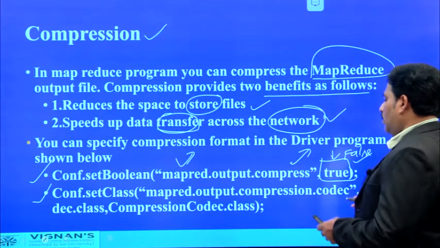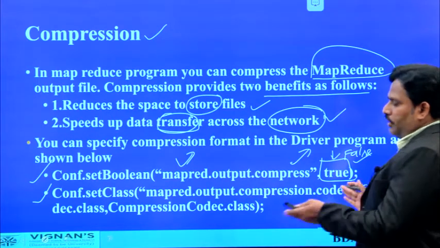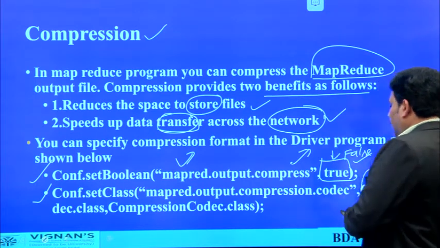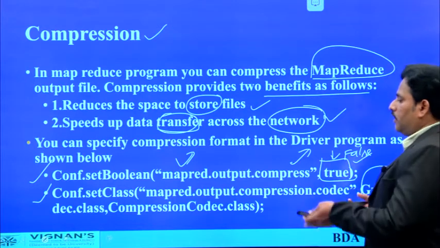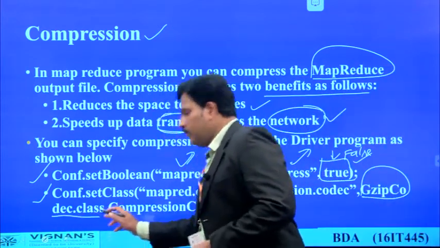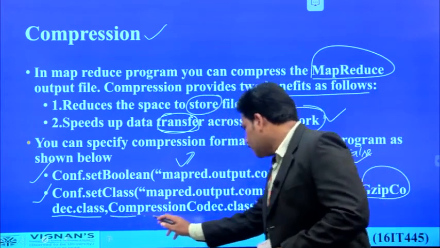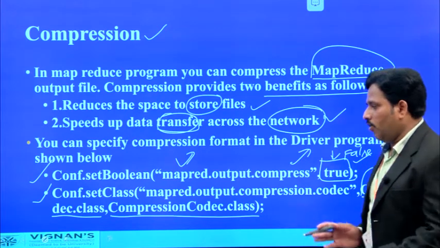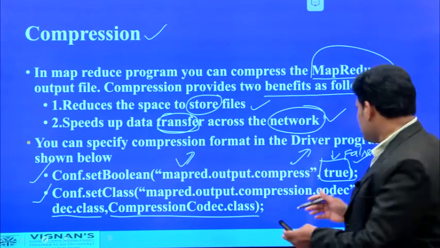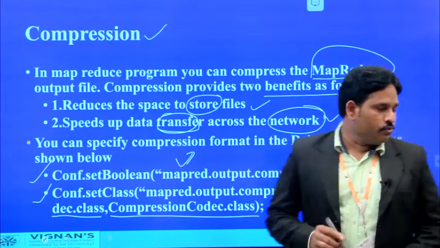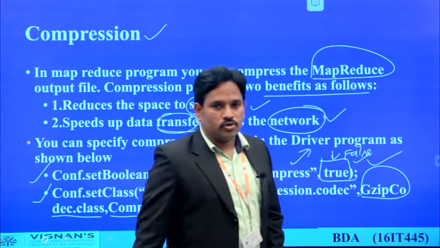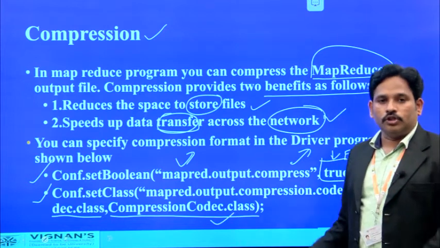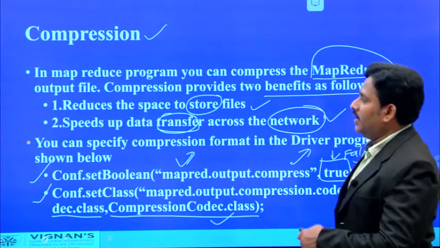That means from source to destination we have to give. That means from which location we are collecting the data, that is the output of MapReduce, where the file has been located, that class file, followed by, after completion of the compression, where the data is going to be stored. So here we are calling two dot class files. One is used to locate the source location, and another one is used to indicate the destination location to store the compressed data.